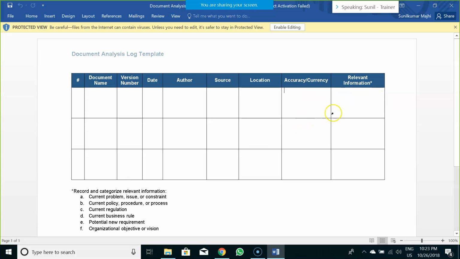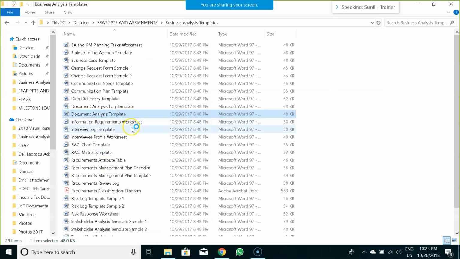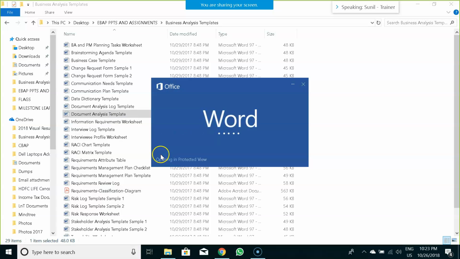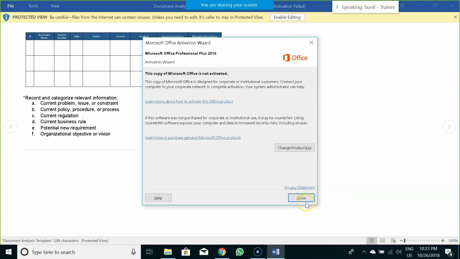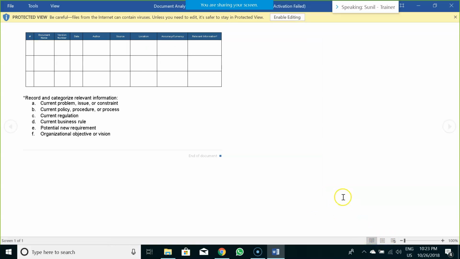You have to write all those things, and if there are any additional findings, then you can write them in that document analysis log template. The same thing goes for the document analysis template as well, wherein you would be writing pretty much the same things as in the document analysis log template.